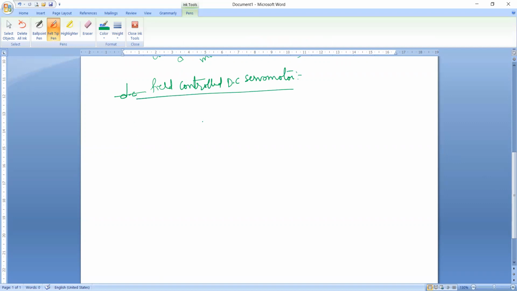Here, the equivalent circuit of a DC motor has two parts: a field and an armature. We provide a signal to the field, and then the armature will rotate. This is the motor, and these are called brushes. Here a constant current source is applied to the armature, and the field is connected to the DC.